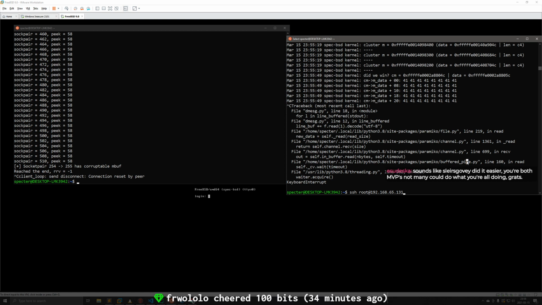Basically, with Slursgovy's exploit, you're more reliant on the heap state. So if you don't get the heap state to work out the way you wanted, you're done. It's going to crash probably. Whereas with mine, it's less reliant on the heap state, but it's a bit more reliant on the CPU and the way that timings work.